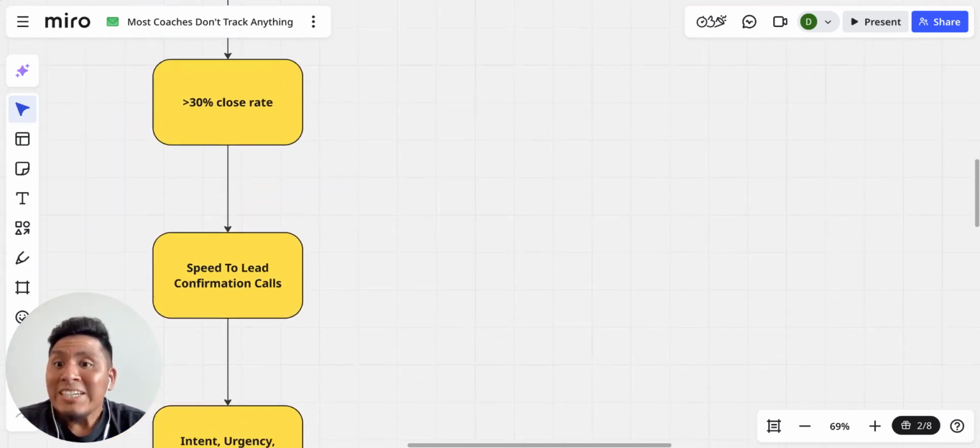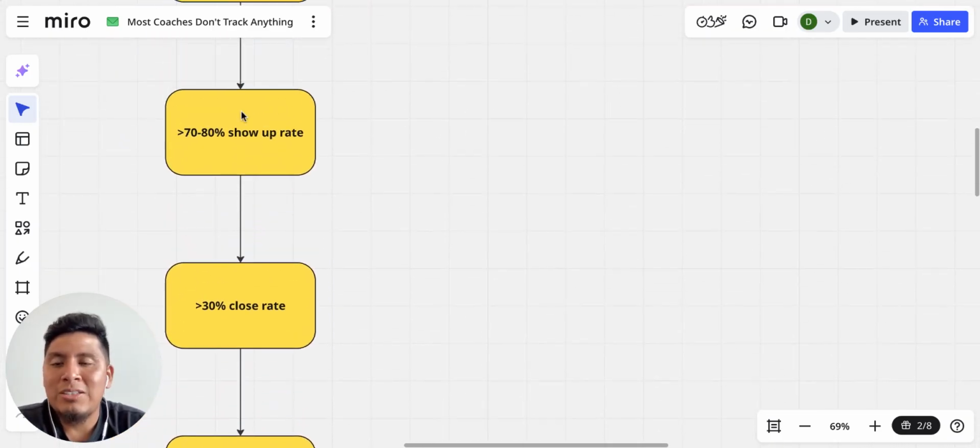That's kind of just like secondary and tertiary, right? So the second number to track, in this kind of perspective, because I know it kind of was all over the place, is show up rate percentage, and then also close rate percentage through the confirmation calls and also through the closing frameworks, right? Again, I'm talking from a sales perspective, guys. I'm not talking as another marketing agency trying to get you more leads, right?